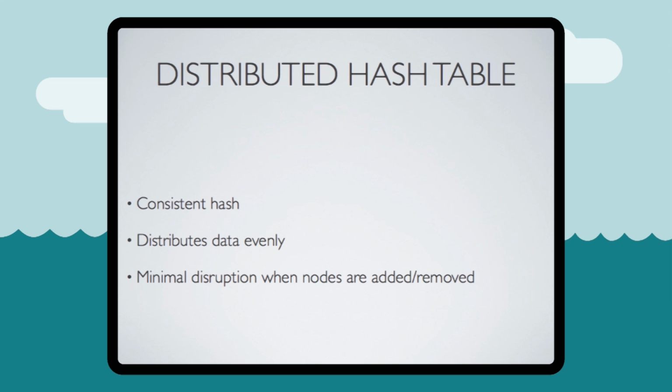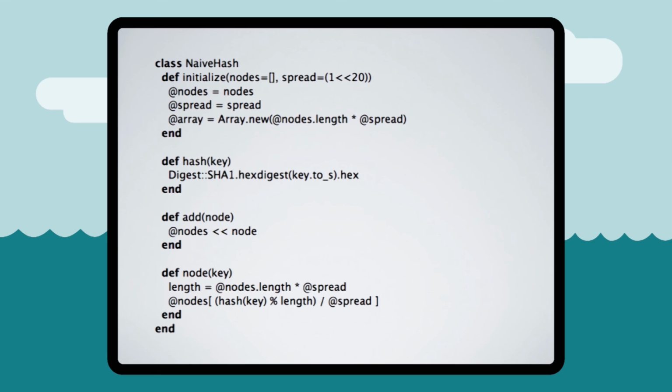Distributed hash table, also called a consistent hash, distributes data evenly. But the most important part about it, unlike a classic hash table that you're all aware of, also hash in Ruby, is there's minimal disruption when nodes are added or removed. And I'm going to show why or how this happens by implementing my own hash. This is just a really naive hash implementation